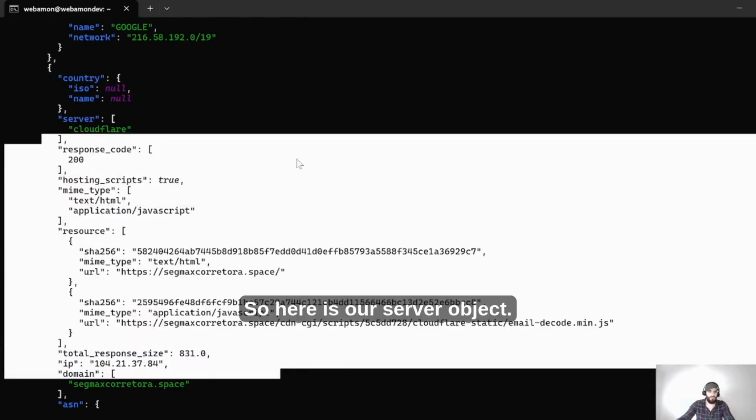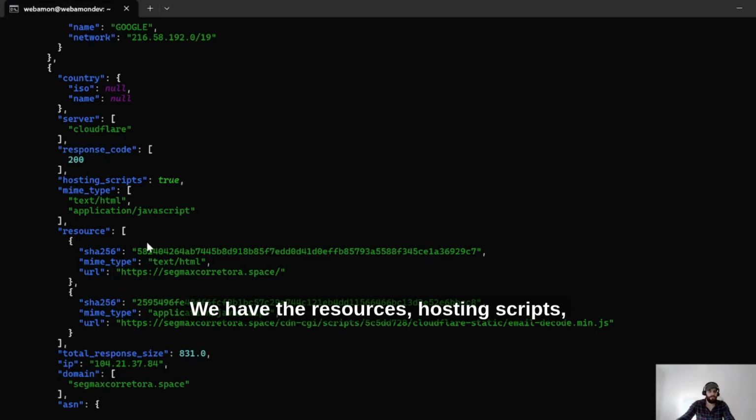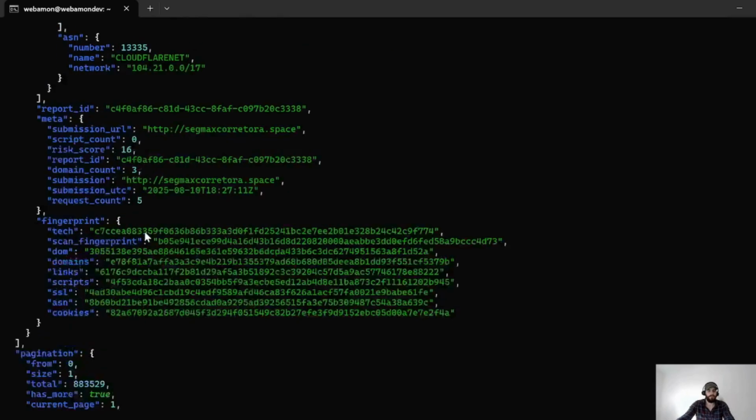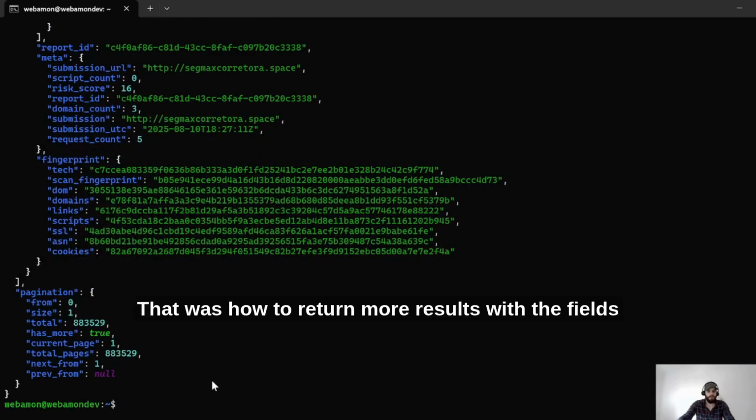So here is our server object. We have the resources, host and scripts, the country, and everything else. That was how to return more results with the fields command, and as always you can get started on